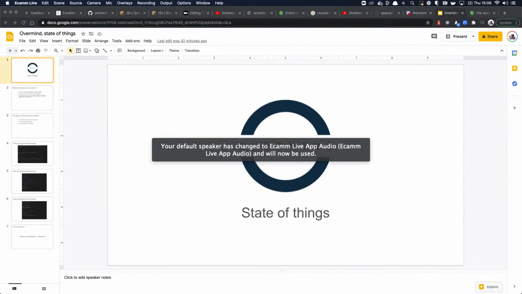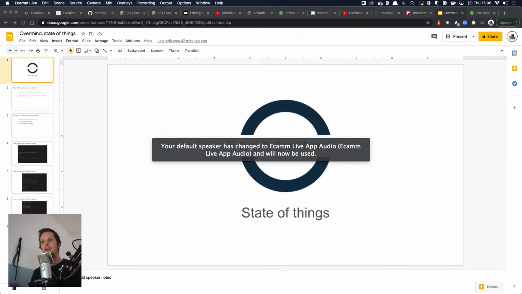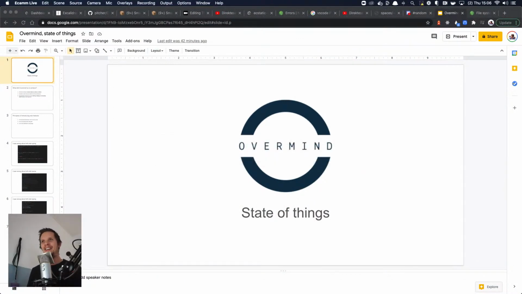And then there's a button. Is it this one? Oh, it's the other camera. This is the one. There we are. Oh, cool. Is the audio okay? Yeah. Anyway, sorry about that.